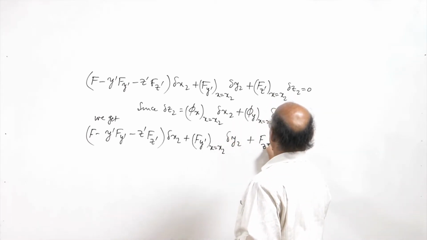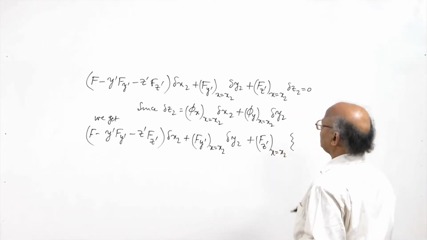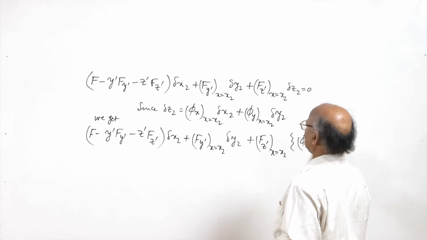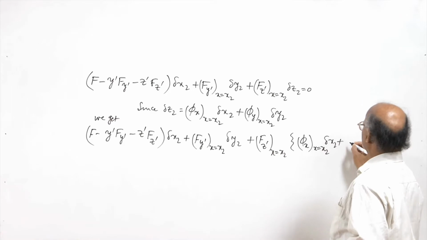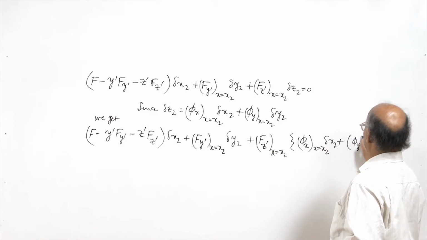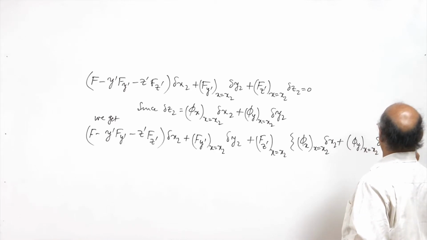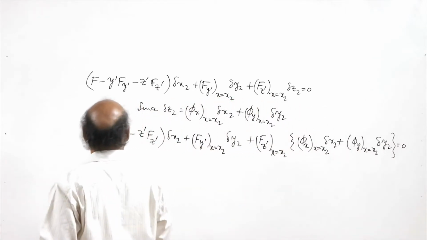Let us put the value here, delta z2 is phi x at x equal to x2 delta x2 plus phi y delta y2, equal to 0. So, we can write it as